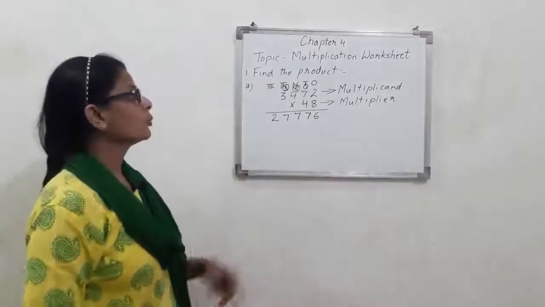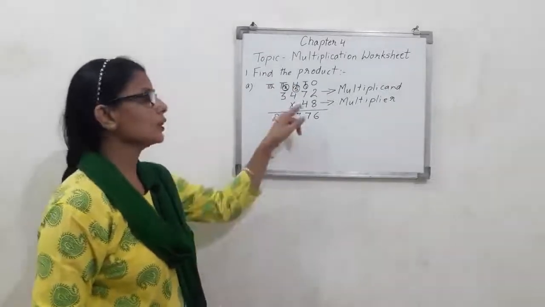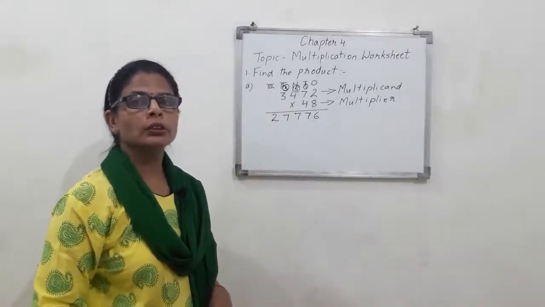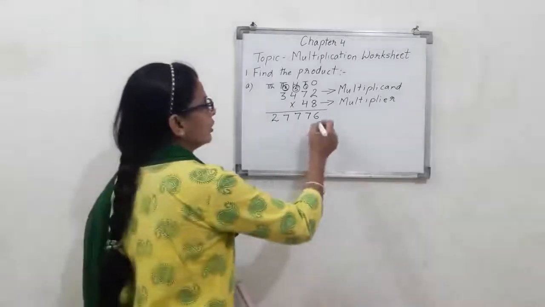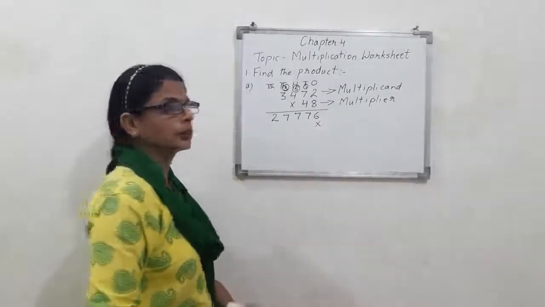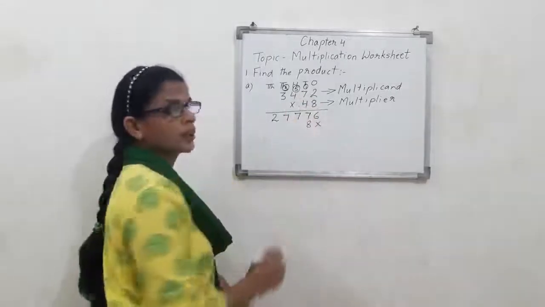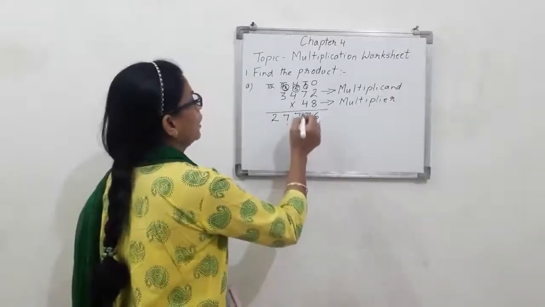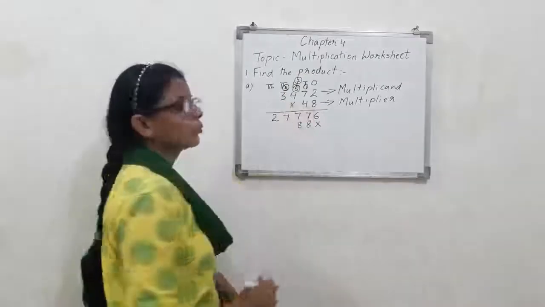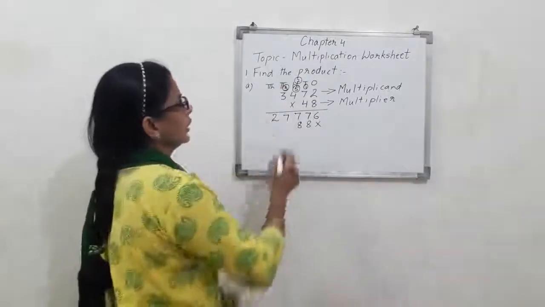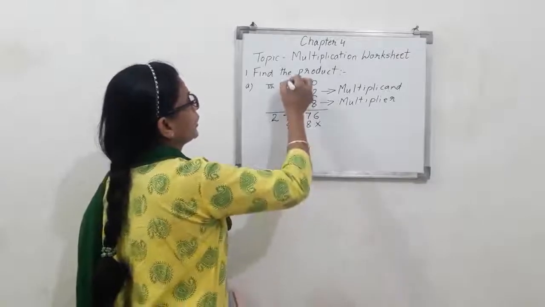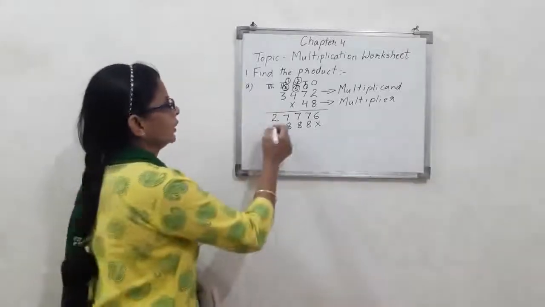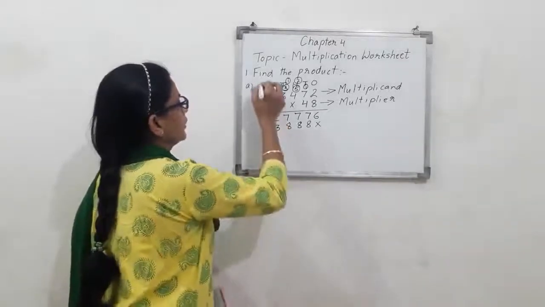Right? Now we have to multiply by the tens place. What is the tens place? 4. So when we are multiplying by the tens place, the ones place will be replaced by what? Yes, it will be replaced by a cross or 0. 4 twos are 8. 4 sevens are 28. 8, 2 will be carried on the hundred place. 4 fours are 16. 16 plus 2, 18. 1 will be carried on the thousand place. 4 threes are 12. 12 plus 1, 13. 3 and 1 will be written on the lakh place.